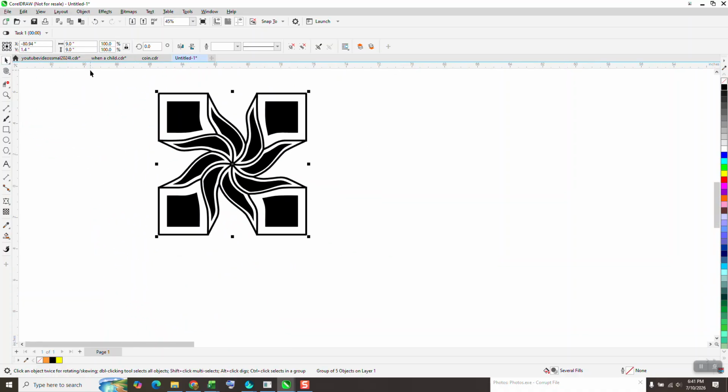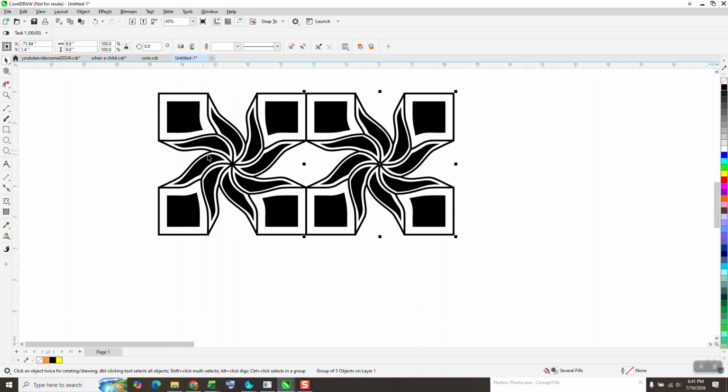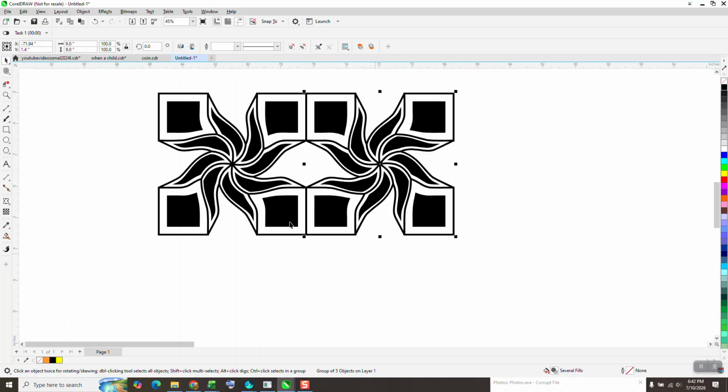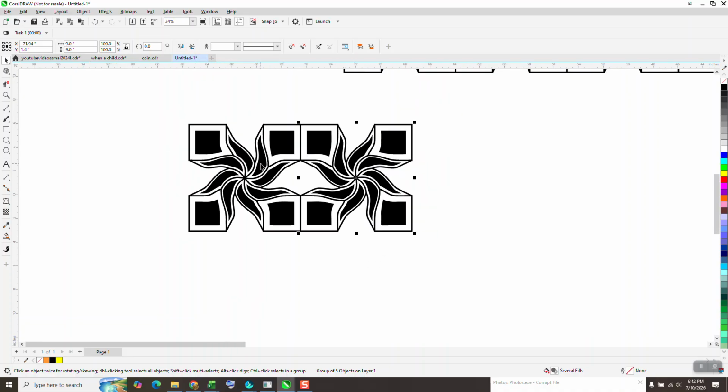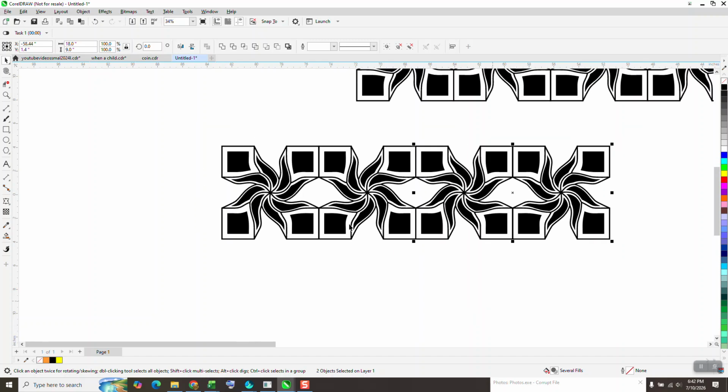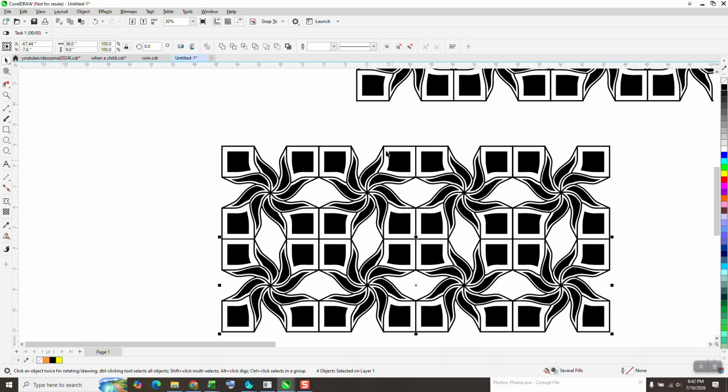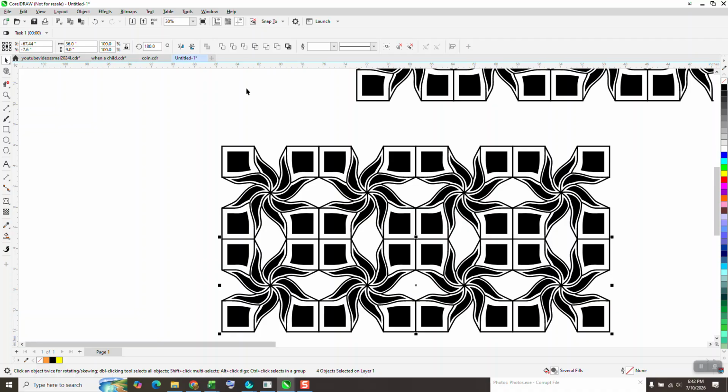Now, hit the plus key, we've still got our nudge factor. And you could do this, you could mirror it the other way. So you have a different, this one's going that way, that one's going that way, and then just hit the plus key and nudge it over twice. And then you could do the same thing, hit the plus key, and you could mirror this way